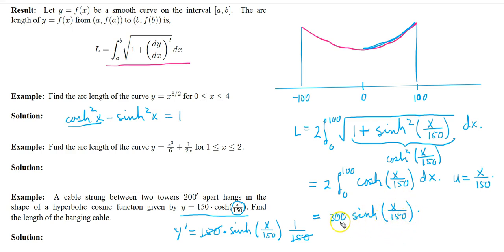Just check it out. Once again, if you differentiate this, you see you get 300 times the cosh of x over 150 times the derivative of the inside, which is 1 over 150, and well, the 300 would be out here, and then you get 300 over 150 gives you your 2 back. All right. Then we need to evaluate this from 0 to 100. And so what we get then is 300